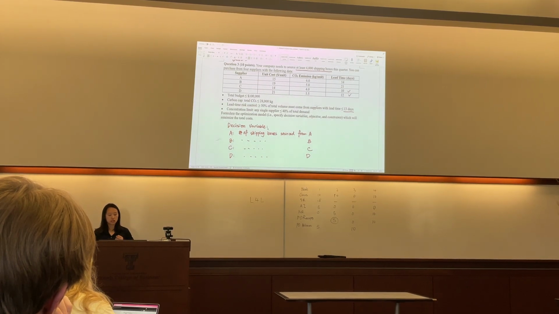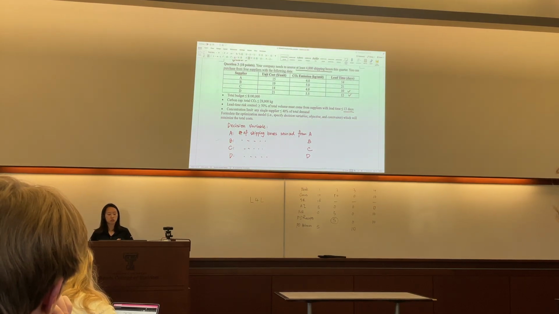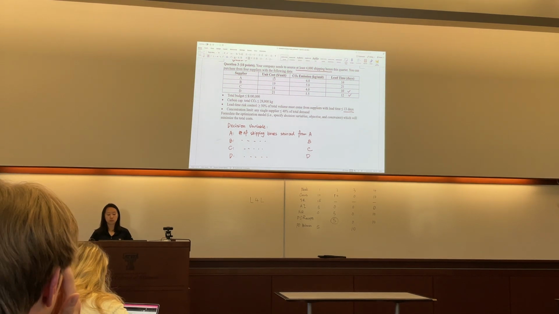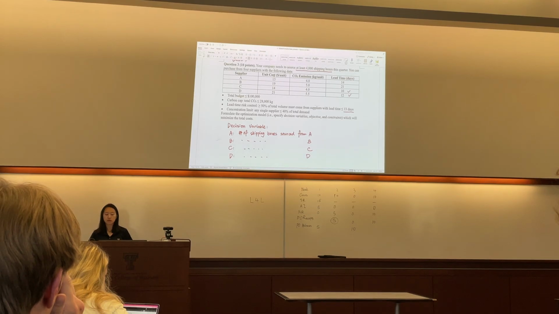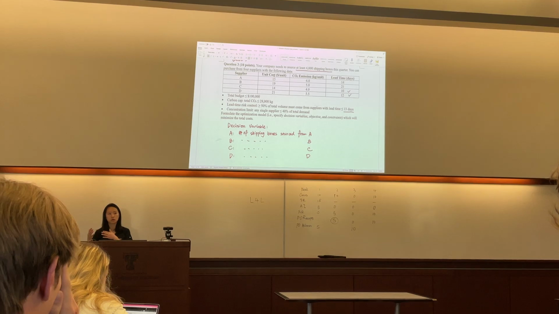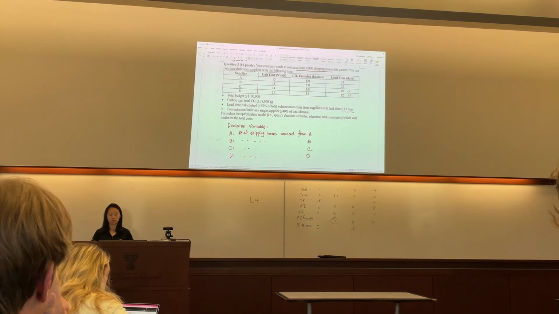And then the objective function. So in this question, it says the unit cost for each supplier. So basically you want to minimize the total cost. But in the exam, I probably will show you the unit profit you can generate from each supplier's product. Then you need to maximize the expected